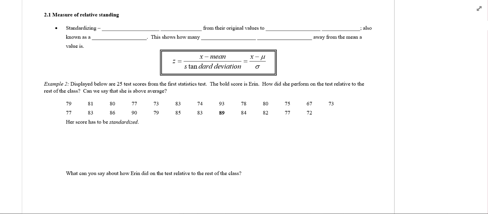Hey AP Stats, we are going to do a couple of pages of notes today, and we are talking about the measure of relative standing. It's kind of what this whole chapter is about, figuring out how far away values are from the mean. Standardizing means that we're converting values